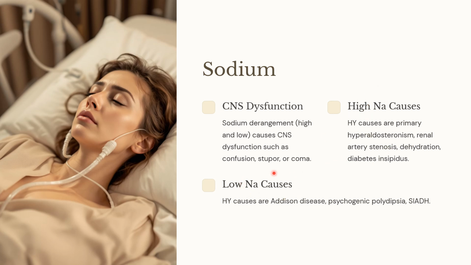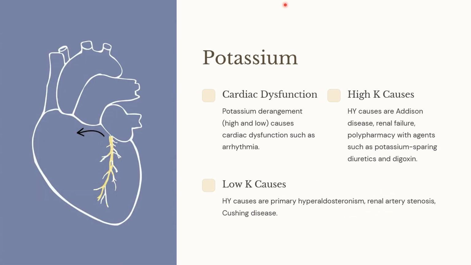Similarly, low sodium causes are Addison's disease, where there is less adrenal production of aldosterone, as well as psychogenic polydipsia and SIADH. What about potassium? Potassium derangement will result mainly in cardiac dysfunction such as arrhythmia. High potassium causes are Addison's disease, renal